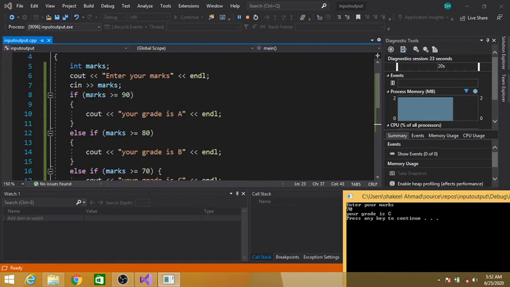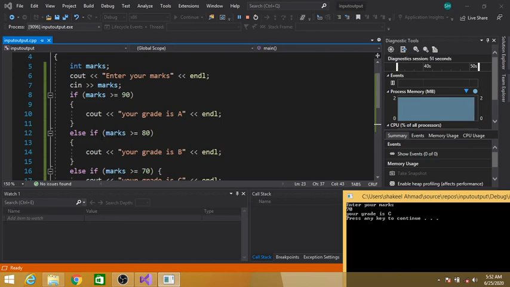Here we are checking marks, 70 is greater than or equal to 90? No, this condition becomes false. So the control will skip this statement, skip the if block, and control will directly shift to this else if block. Here we are checking if marks is greater than or equal to 80. Marks contain 70. 70 is greater than or equal to 80? No. So this condition becomes false.